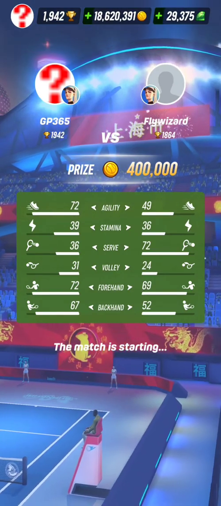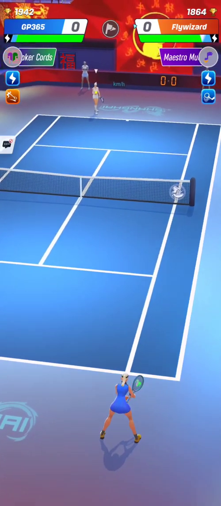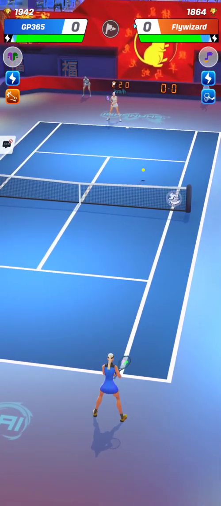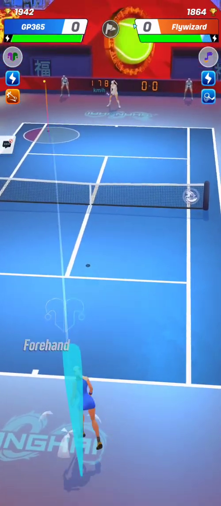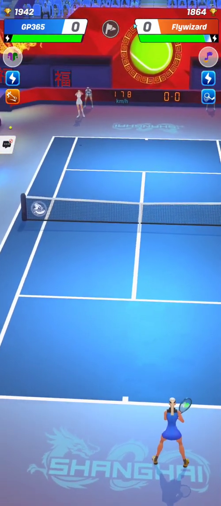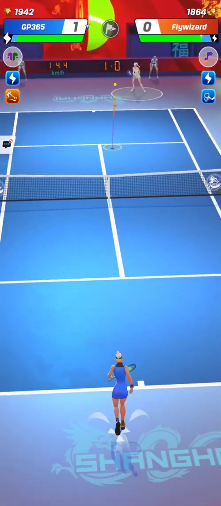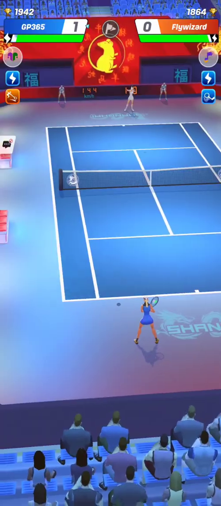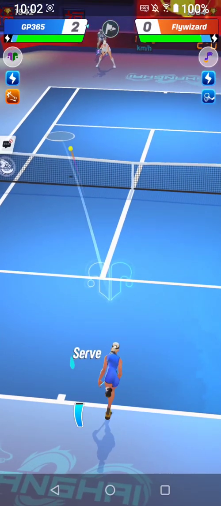So this is another match. This time the backhand is better. You can note that this player is using a Maestro Monte, which is generally enough. It gives a stamina shield, like the Joker Court, but no long catch. But you know,